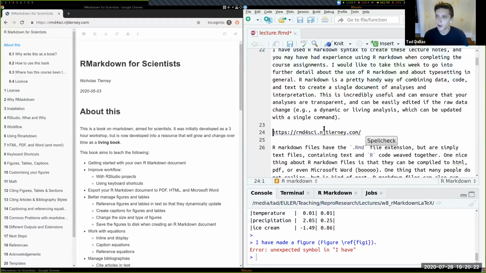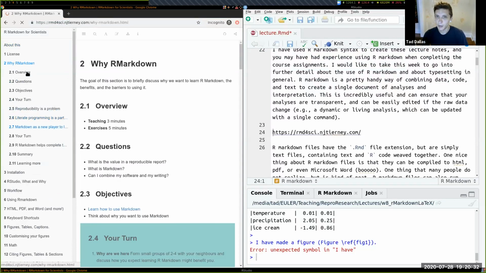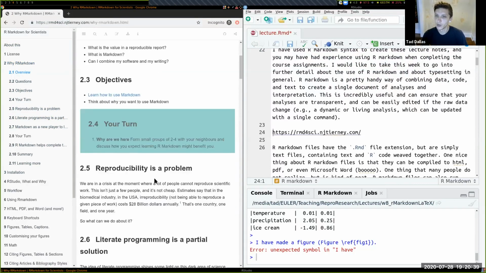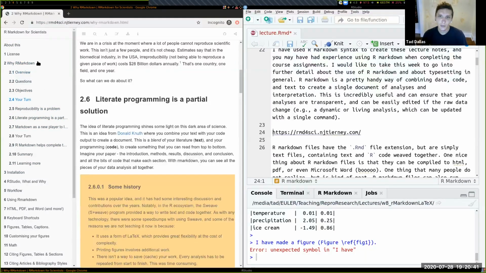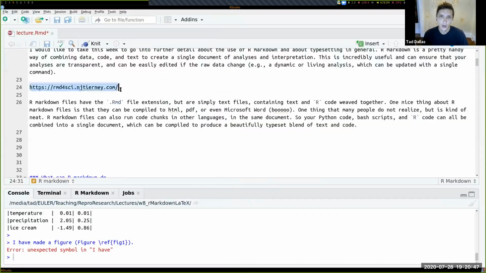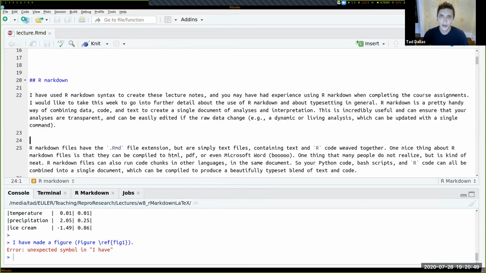Bookdown is an add-on package that allows you to write books using R Markdown that have nice templating, as I'm showing on the left, in terms of table of contents, boxes of colors and different formatting. So I'm going to close that, and now I can show you some of the templating.